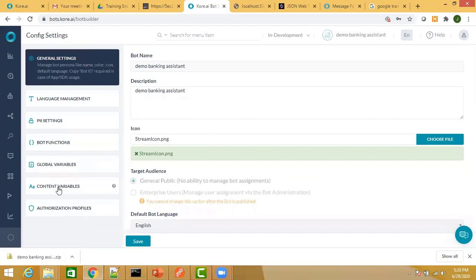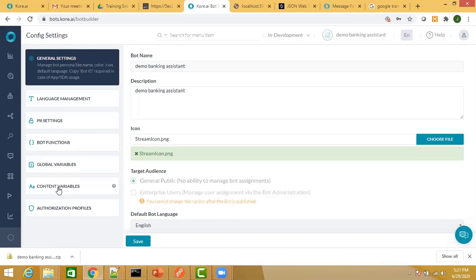Next option that you have over here is for content variables, and these are typically for the messages and all that you have stored. Why should we go in for a content variable is to make the bot multilingual. We have seen that once we enable a new language, we have to go to each of those messages, to the prompts, and change those manually into the language which we want to enable.